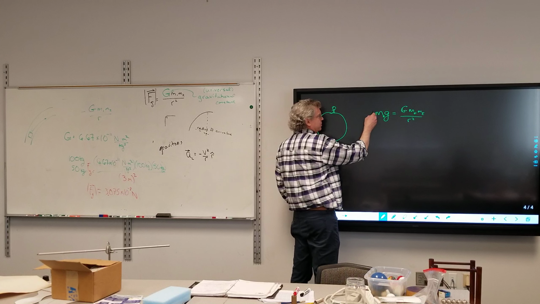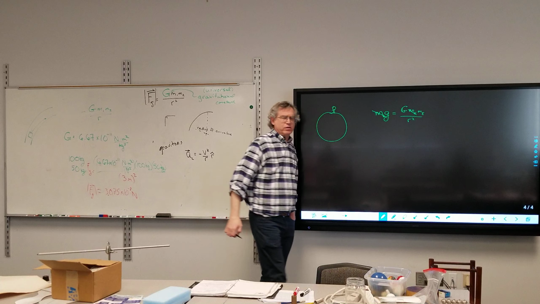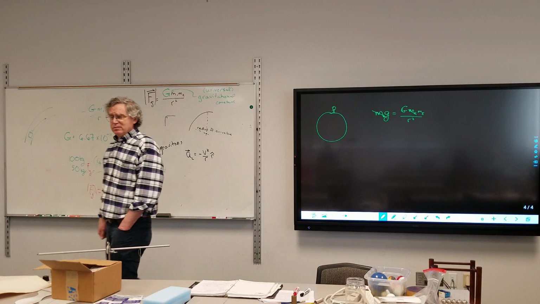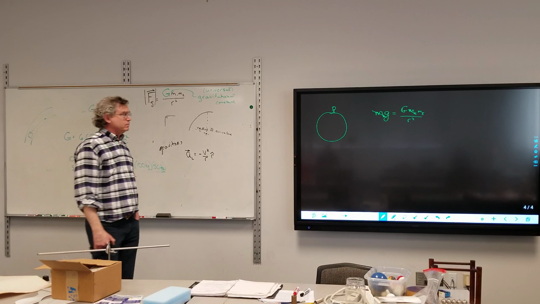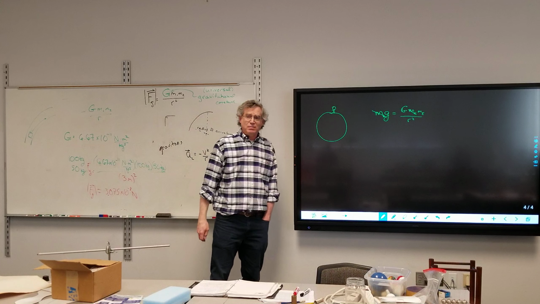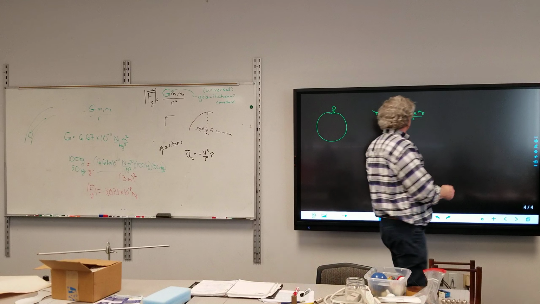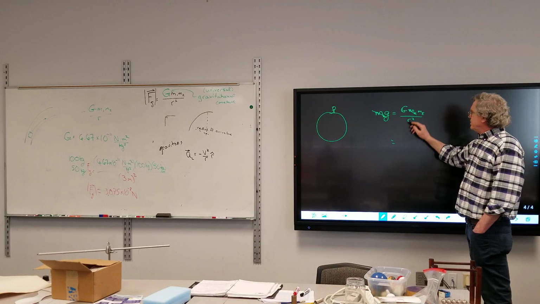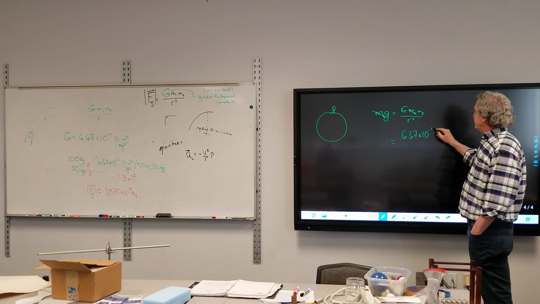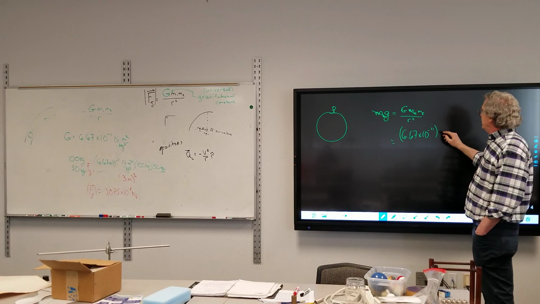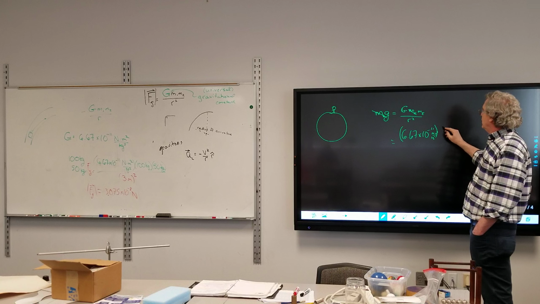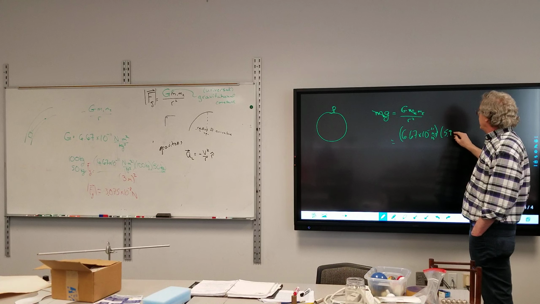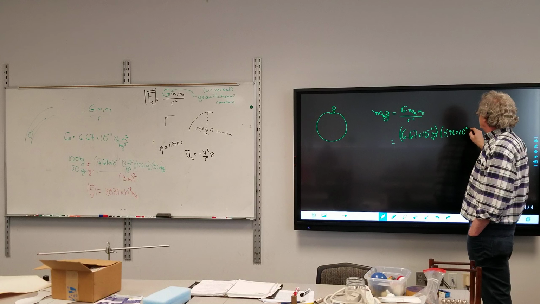Well, the mass of George is on both of them, so my mass is actually irrelevant, which we've dealt with up till now. Gravitational acceleration is not mass dependent. So I got big G, 6.67 times 10 to the negative 11th Newton meter squared per kilogram squared. Mass of the Earth, 5.98 times 10 to the 24th kilograms,